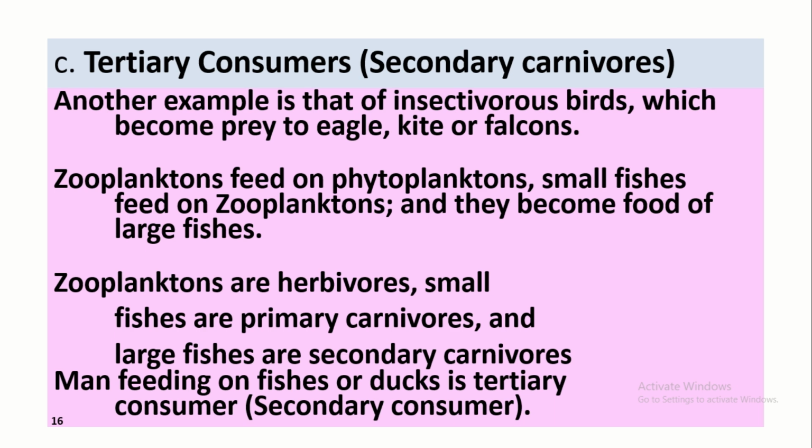They feed upon phytoplankton, small unicellular, especially algal organisms. So zooplankton feed on phytoplanktons. They are primary consumer. Small fishes feed on zooplankton, and then zooplankton become feed of large fishes, or birds higher up. Zooplanktons are herbivores. Small fishes are primary carnivores, and large fishes are secondary carnivores. Man feeding on fishes, ducks, is a tertiary